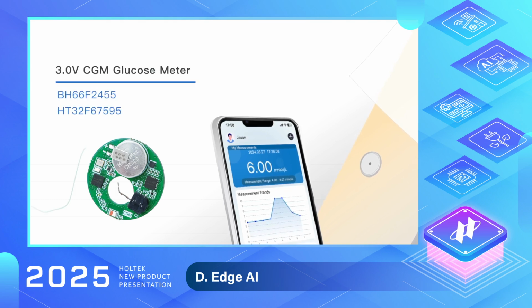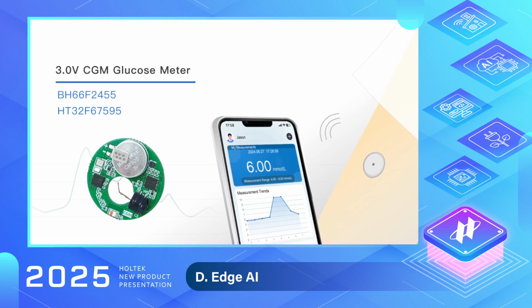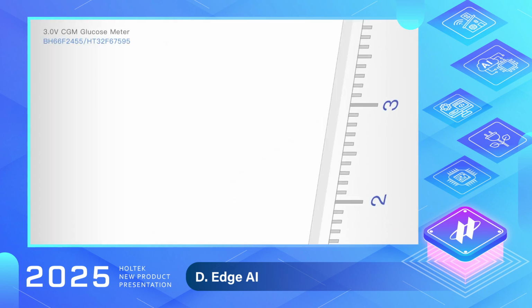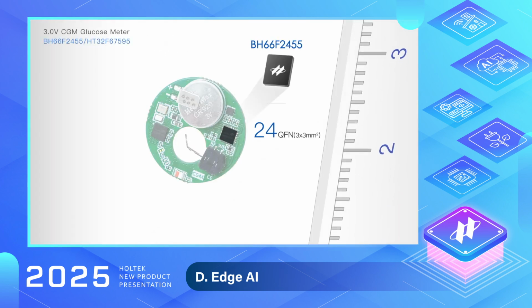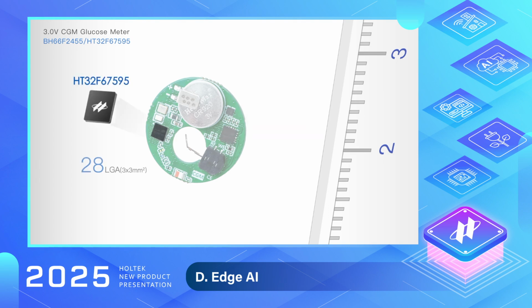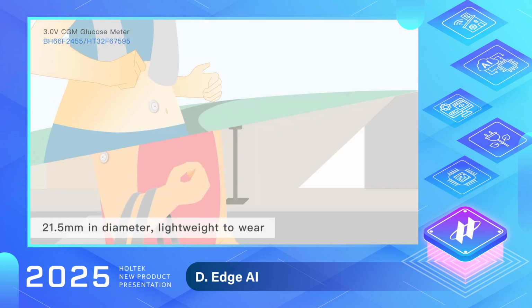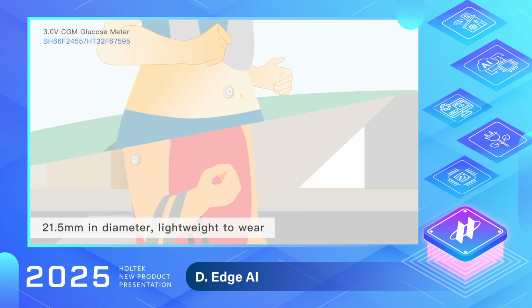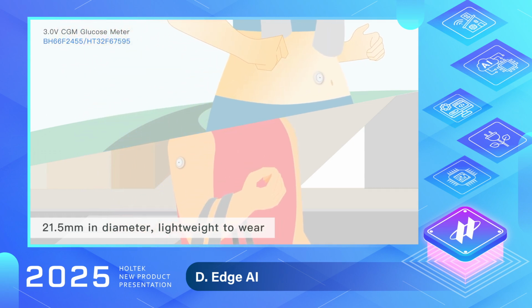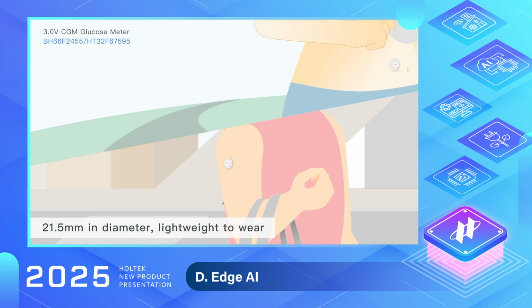Holtek releases a new CGM blood glucose meter solution this year. The AFE part uses a BH66F2455 MCU supplied in a 24-pin QFN package, and the Bluetooth Low Energy part uses an HT32F67595 MCU supplied in a 28-pin LGA package. This design effectively reduces the size of the finished product, which is 21.5 mm in diameter, making it lighter and